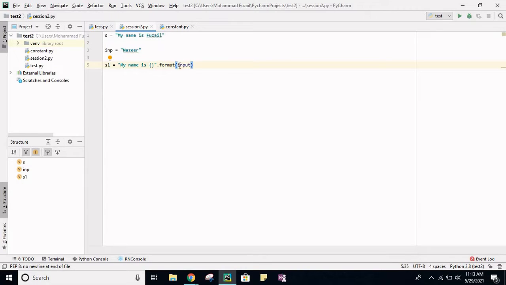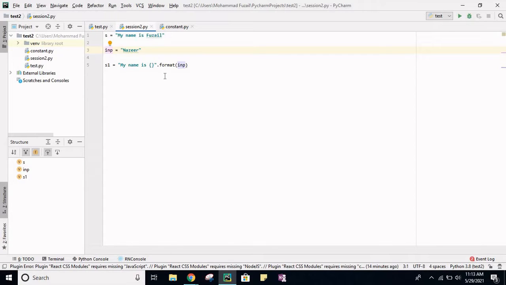It means this input is a keyword which is already defined in Python, so we should not use input as a variable, and that's why I made a variable named inp, not input. Then the same thing we have to change here also, we have to make inp. So this input which a user gives, I am passing that same variable here. Whatever value is assigned to inp, it will come here and be passed in this string, and this string will be shown in the output.